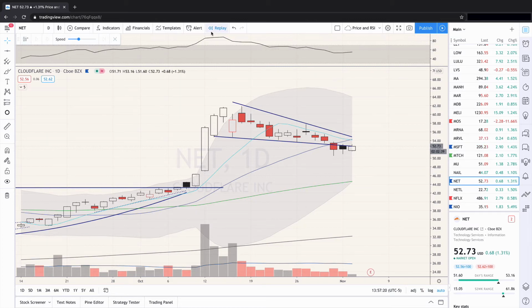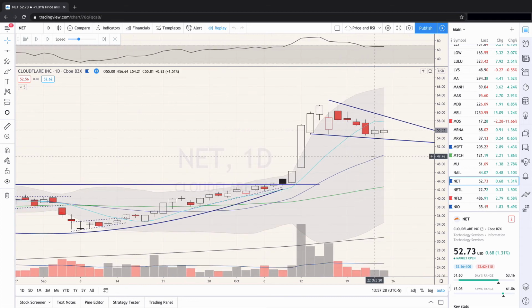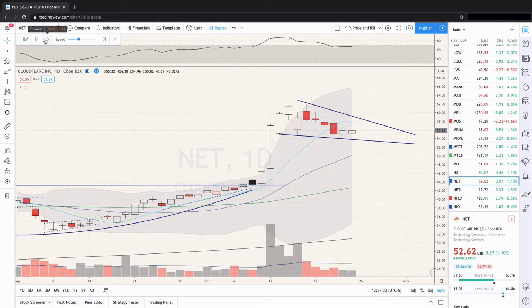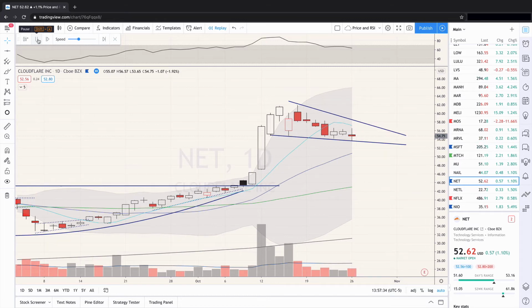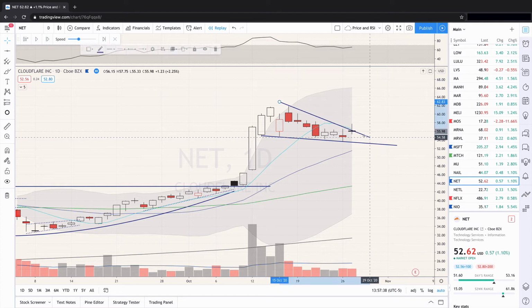So when I took this trade, let's get this replay thing going. It was around here. So let's go back there. And at the time when you're looking at this, let's throw one more candle in here. At the time you're looking at this, it starts to look like a pattern's forming, right? But let's go back to the way it was. It looked like this to me at the time.